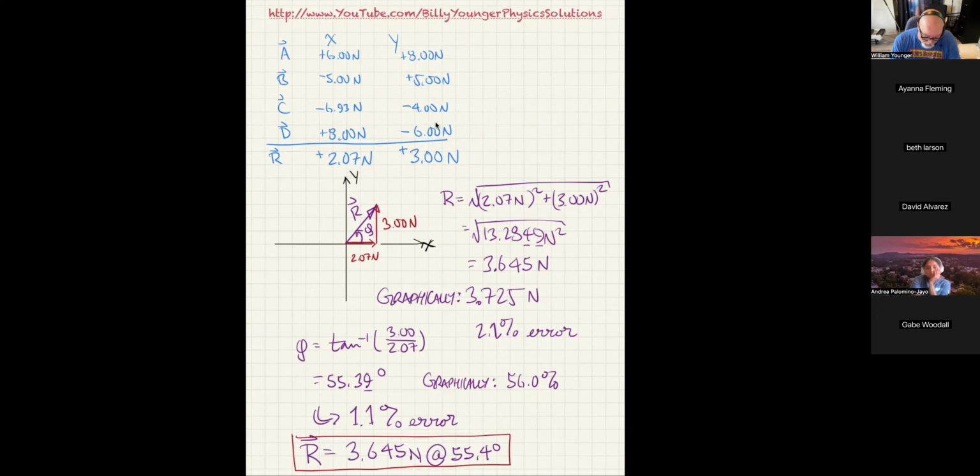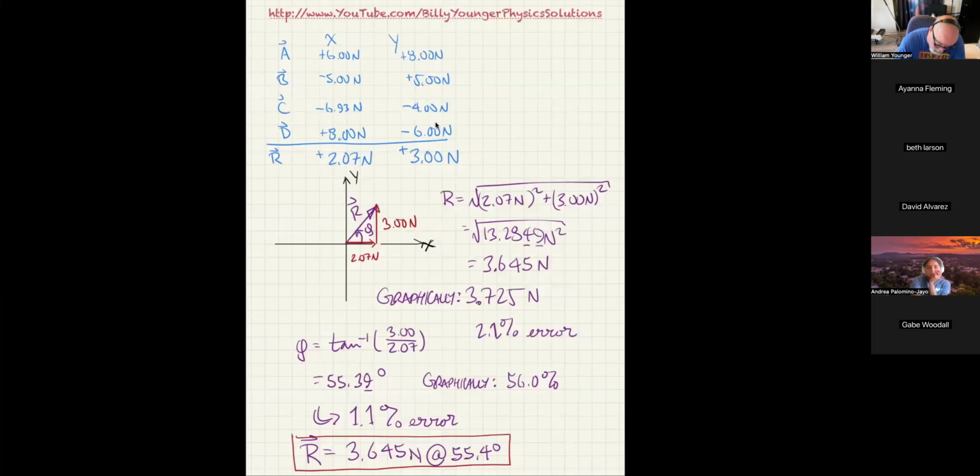So we've got R has an x component that's 2.07 newtons positive, and it has a y component that's 3.00 newtons positive as well. So at this point, you might not realize it, but the R vector that we were just talking about, there's your R vector. That's the resultant, that's the sum. We determined, which again, I'll finish rehashing exactly how I got those numbers in a second. But in this case, what we're trying to do is realize that positive 2.07 newtons in the x direction and positive 3.00 newtons in the y direction gives us a vector R that equals positive